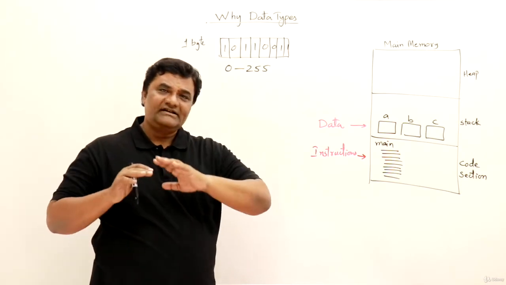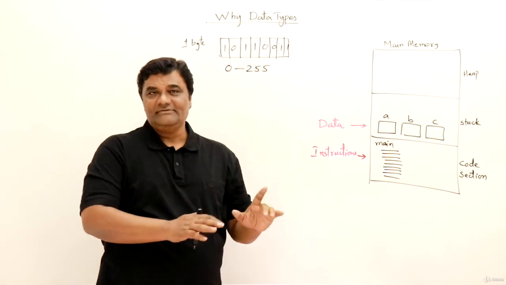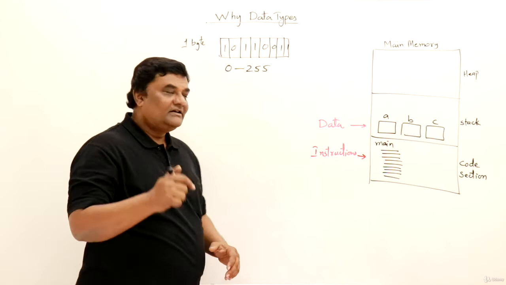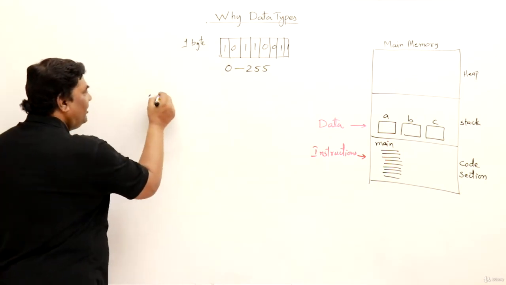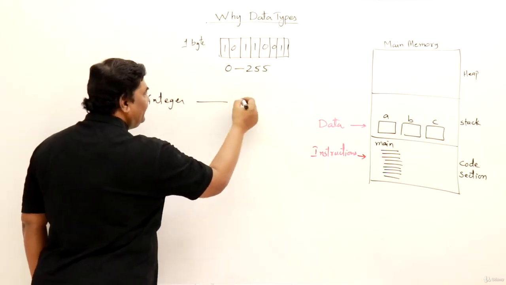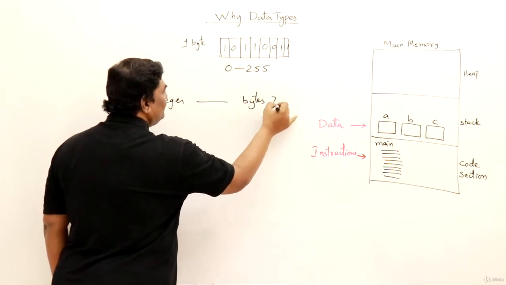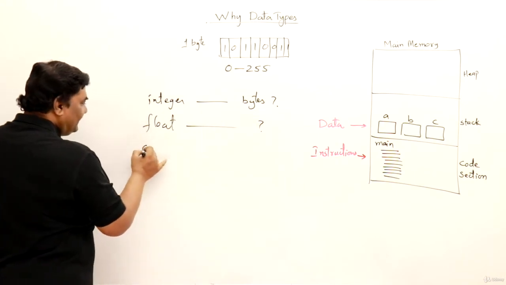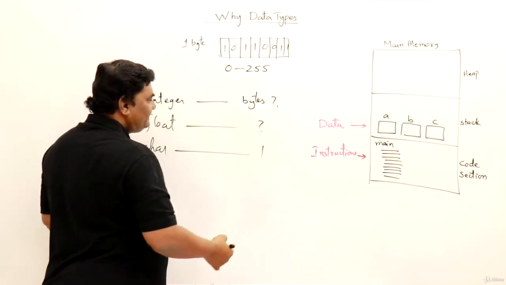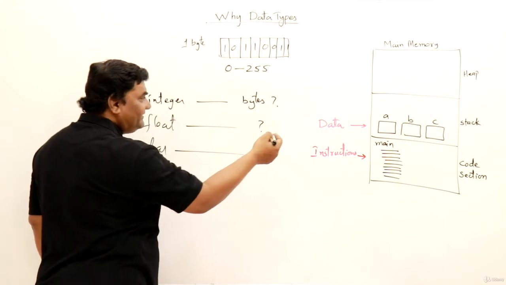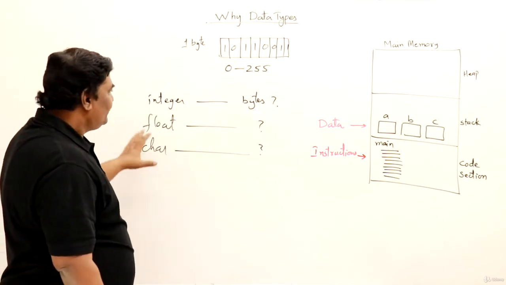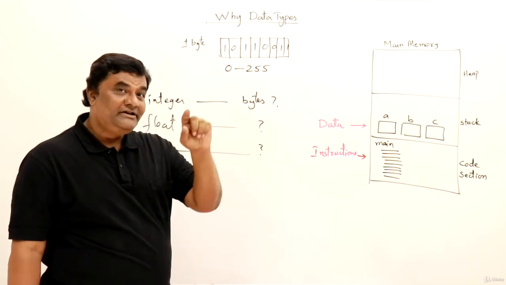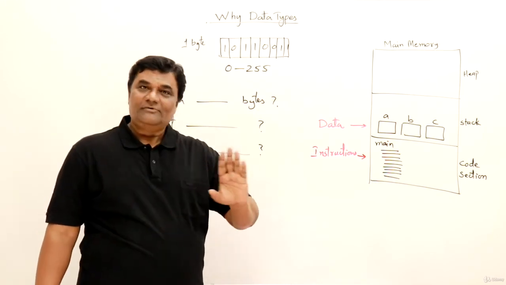Okay, so I'll give you a detailed explanation of all the data types that are available in C++. In the same way, we will learn for integer type data how much memory it takes, how many bytes it will take, and for float type data how many bytes it will take, and for character type data how many bytes it takes, and how it is represented in the memory. We will learn about this. If you have a clear idea about the data types, then you can use them properly for storing your data. So this was about size.